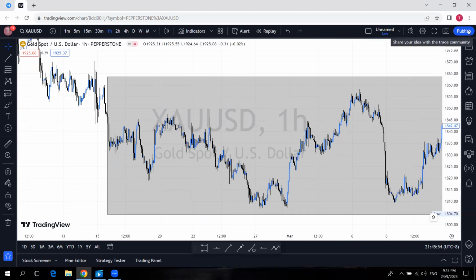So to find your resistance, you can go to any time frame. You can go from the monthly, the weekly, the daily, even to the 4 hours or the 1 hour. For this example, I'm going on the 1 hour time frame, as you can see at the top here. This is the 1 hour time frame, which means each of these candles represents 1 hour. If I change it to 1 day,